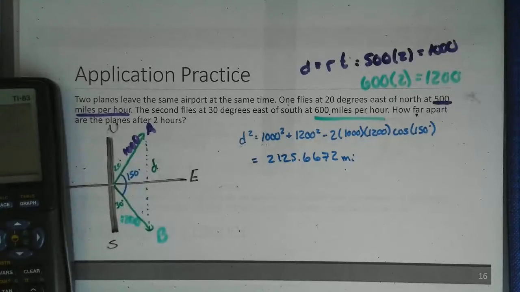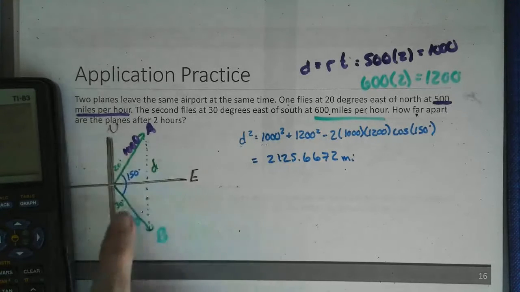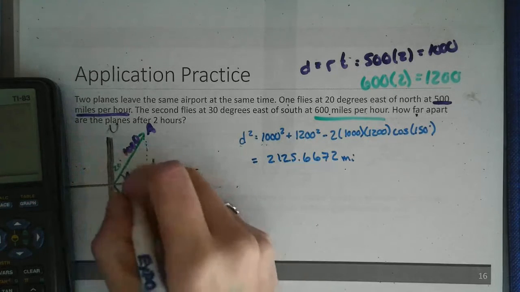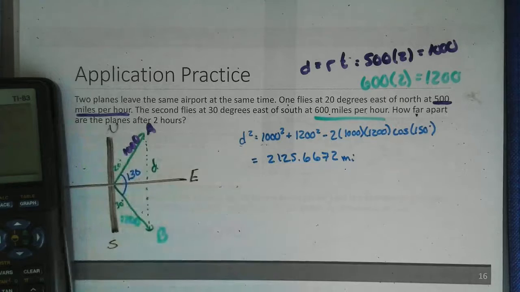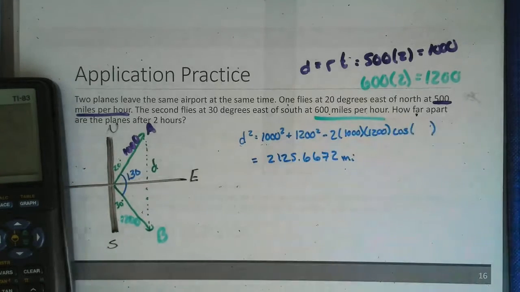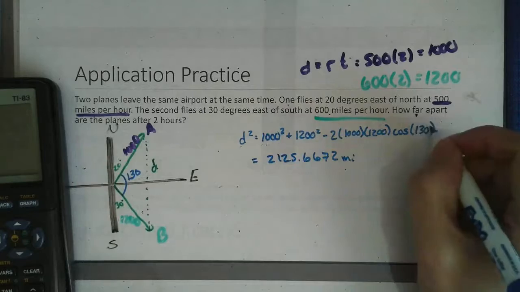All right, I found my issue, so I'm just going to jump back in. I said that 180 minus 20 minus 30 was 150. It's 130 because I can do math. So if I go back and change my cosine in here to 130,